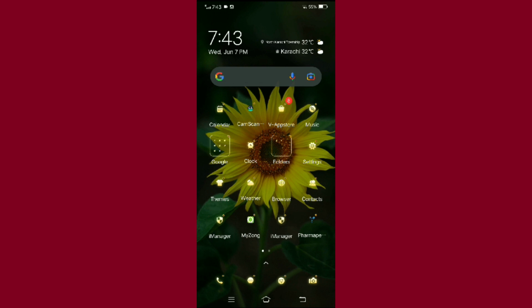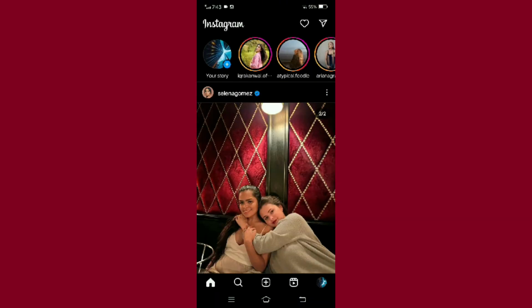And now let's begin. Open your Instagram. Now keep in mind that there is no option available at the moment to create a broadcast channel on Instagram. But you can do one thing, that is you can use Instagram Live to broadcast to your